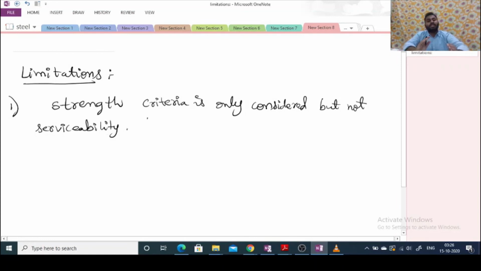Okay, so in this plastic method, we assume failure will occur by forming the mechanism. When a sufficient number of plastic hinges are formed in a given beam, then the mechanism will occur. It means at a plastic hinge, infinite rotation will occur. Rotation means serviceability. So we are not bothering about serviceability in this method, only strength. That is a limitation. Whenever there is a design, both strength and serviceability are to be accounted for.